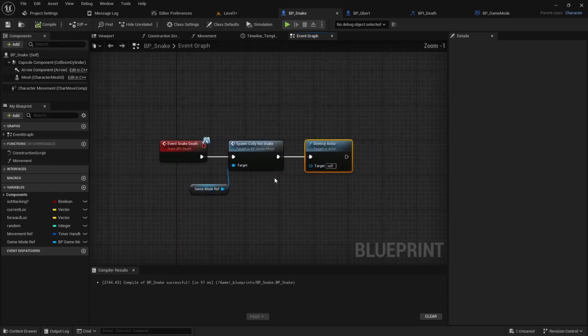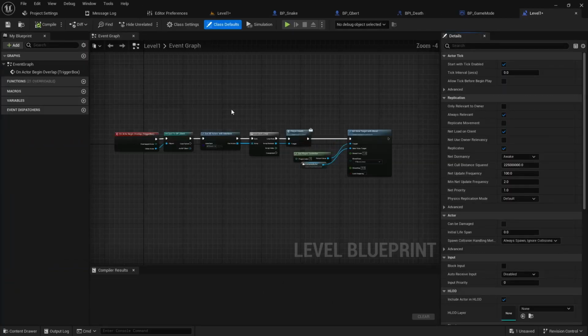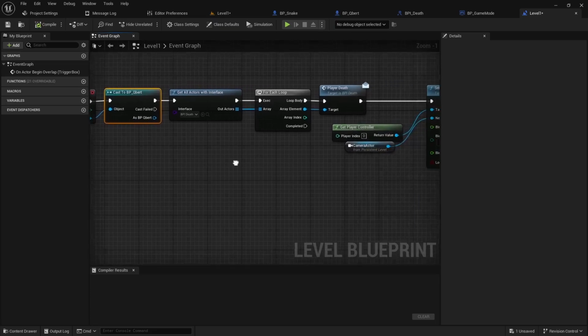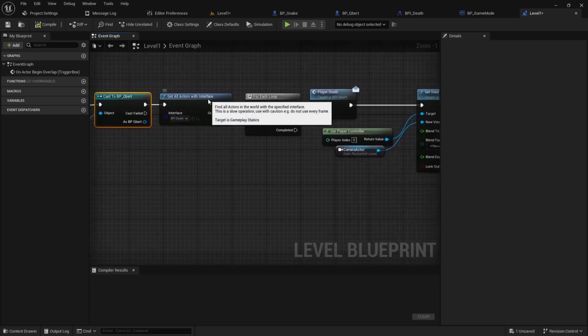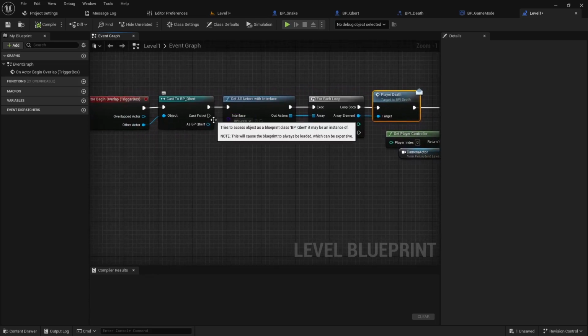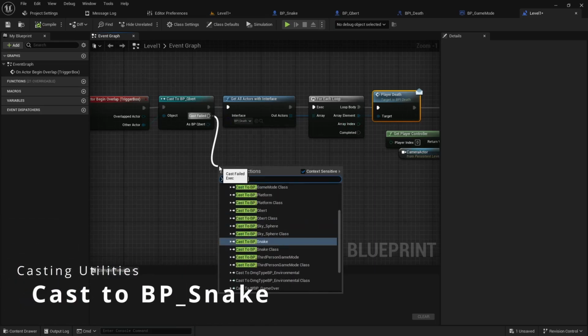And that should be pretty good for the snake code. Now the other thing is we need to be able to trigger the state, and if you remember, we are actually doing that from the level blueprint. So if we open up the level blueprint, we have this overlap. It casts the Qbert. If it's a successful cast of Qbert, it'll run the death code, and then it'll call player death. If it's a failed cast of Qbert, we can instead do a cast to the snake,